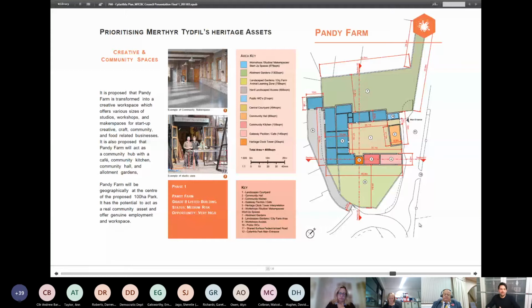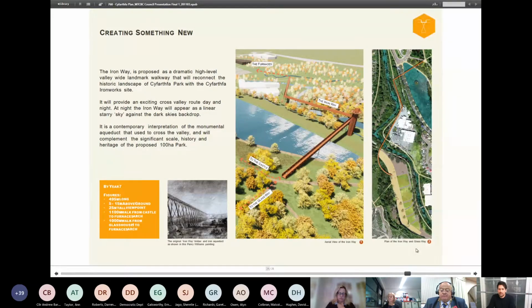Consideration of Pandy Farm within this is seen as potentially a viable space for creative and community uses, very much a place of work to offer genuine employment and workspace at the centre point of the Cyfarthfa Plan. We then look at the idea of creating something new. One of the biggest challenges to the plan has been how you actually develop